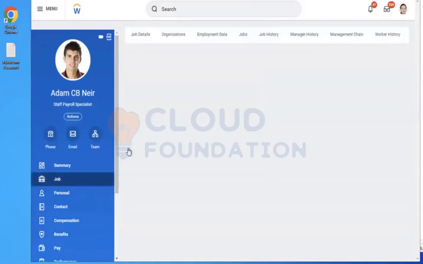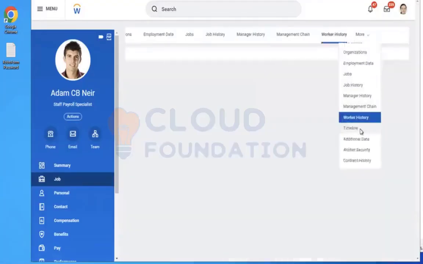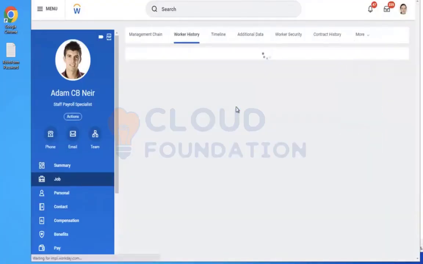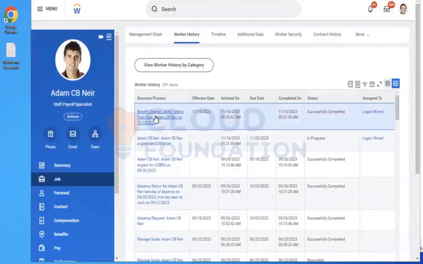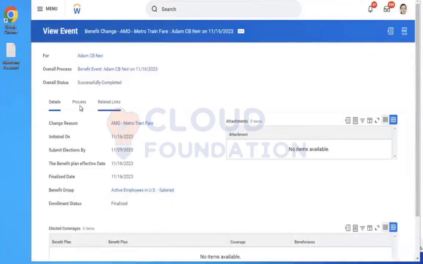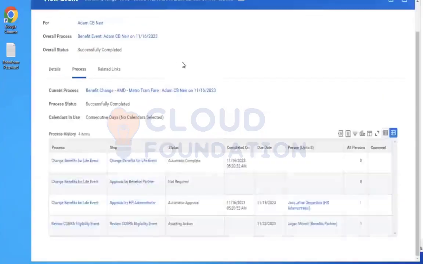So now let's try to troubleshoot this. I could see successfully completed. It's showing successfully completed. It looks like someone has tweaked the business process. There are no elections.